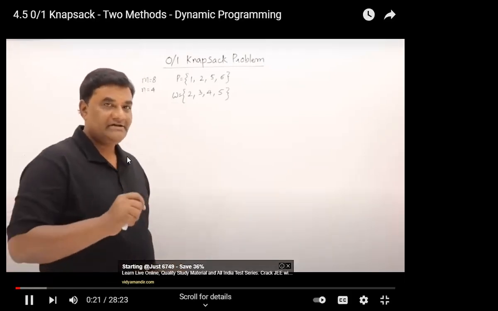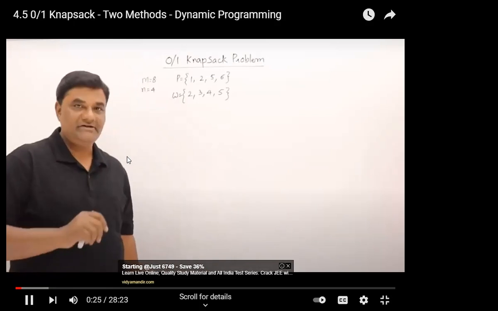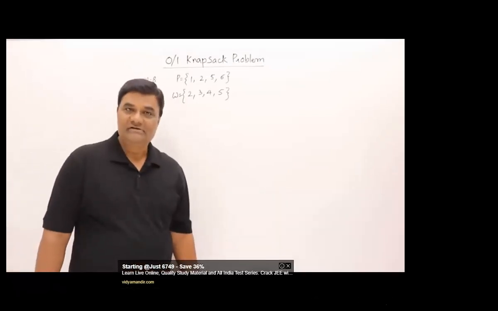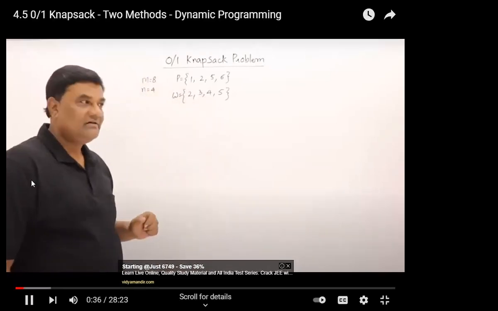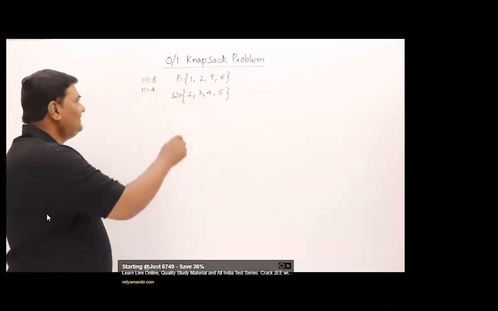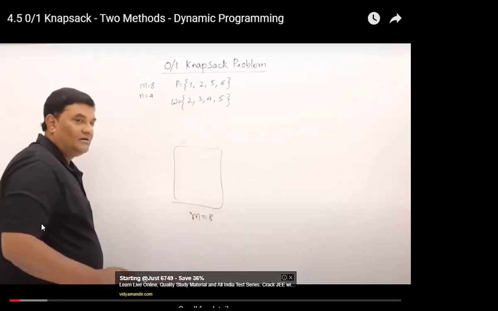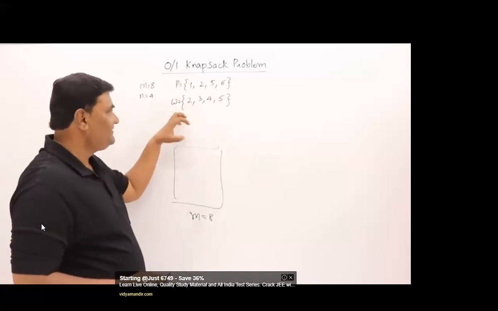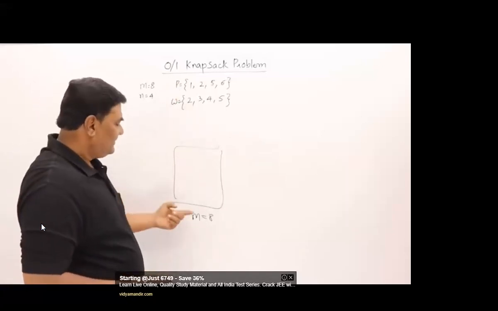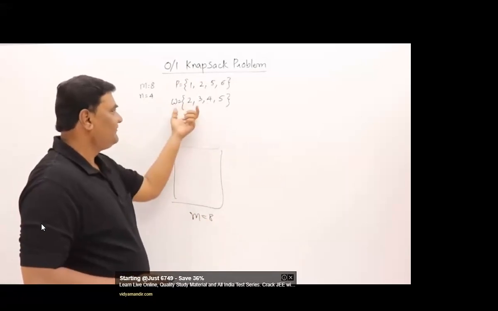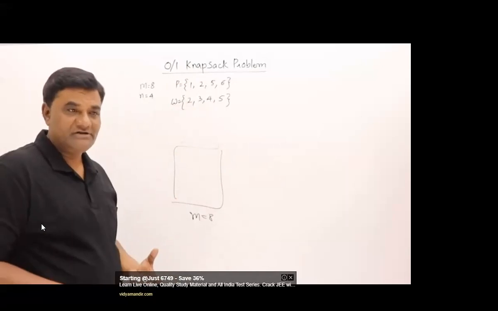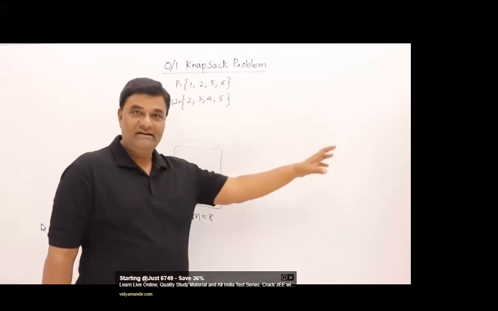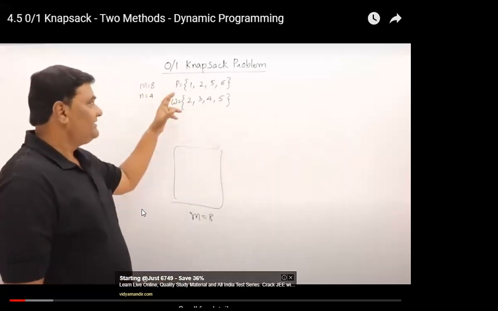Show you a sets method for solving this one. So there are two methods. We will see both the methods. First of all, let us understand what the problem is. Here I have some 4 objects. For each object, there is some profit and there is some weight. And there is a bag of capacity M, that is 8, given. The objective is to fill this bag with these objects. So can we put them all? See, the capacity is 8, but the total weight of all these objects is 14. So all objects cannot be filled in the bag. So I have to carry some of those objects, a subset of those objects, and I have to carry them and sell them at another place. So once I sell, I get